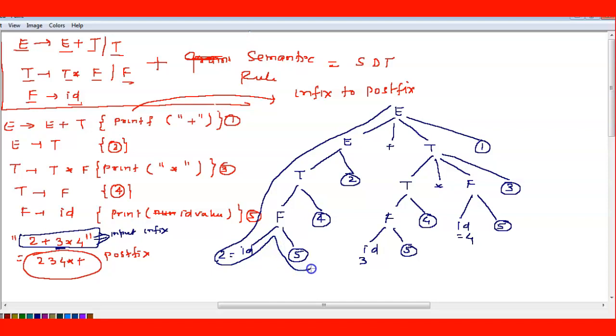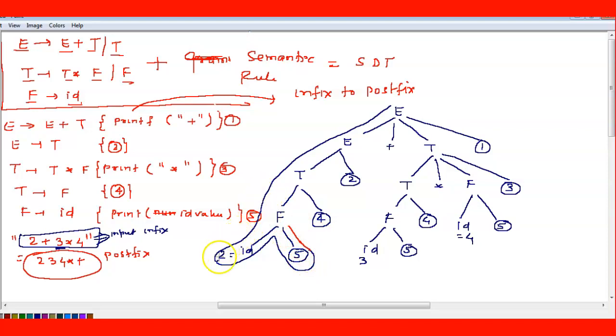I will take another color so you will not get confused. See here, whenever the reduction is there, whenever you encounter a semantic action, perform the semantic action also. Getting here? So whenever the reduction is there, you perform the action. Okay? So here reduction is there because 5 is reducing here.